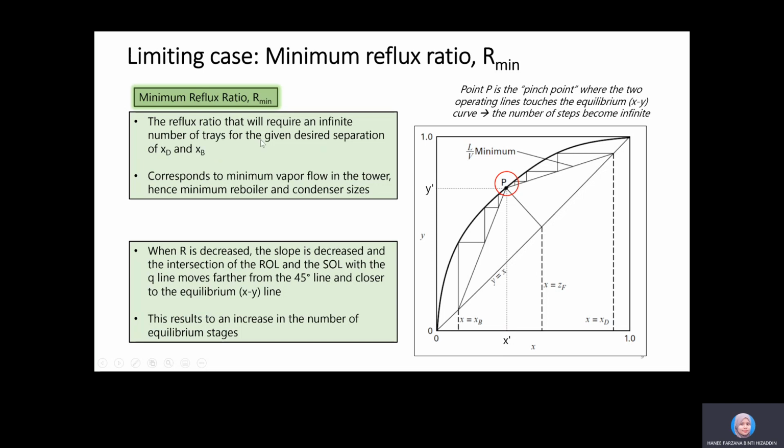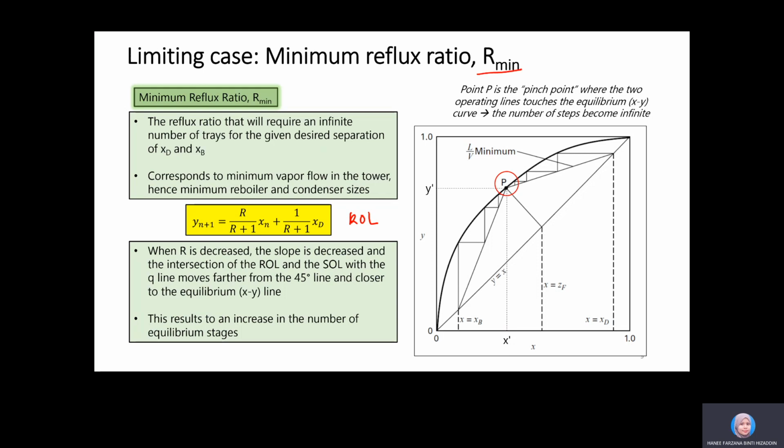And when you operate a column at minimum reflux ratio, it will correspond to minimum vapor flow in the tower, thus minimum reboiler and minimum condenser sizes or requirement. Okay, so you know the equation here, the ROL. So when R is decreased, this is your operating R. So when you want to find R min, you want to find what is the smallest value of R that